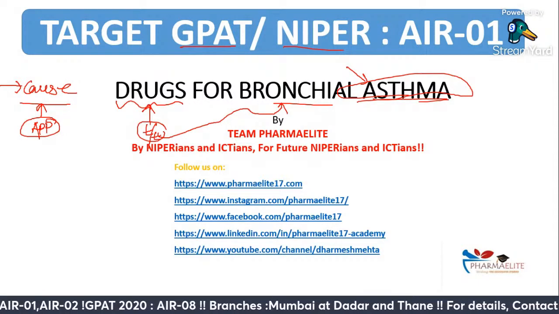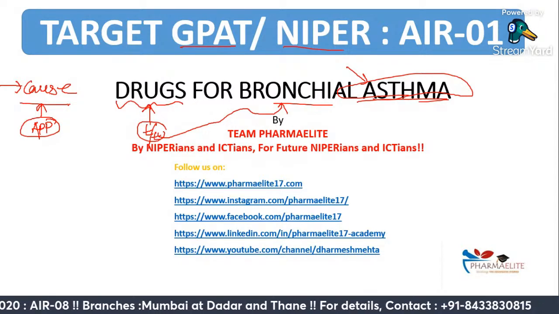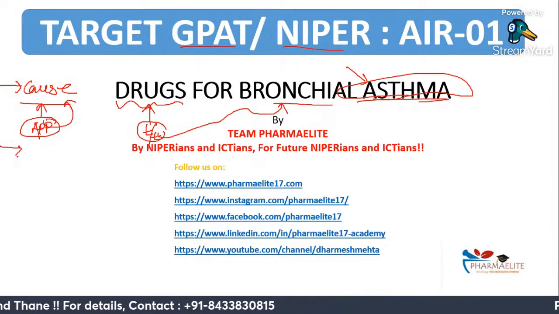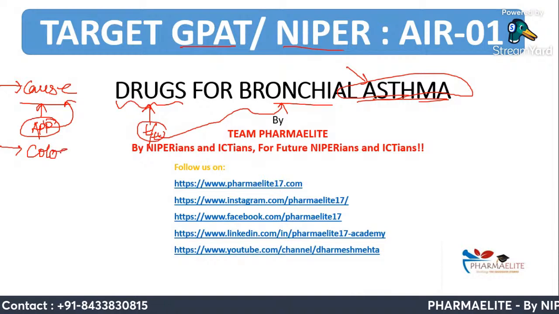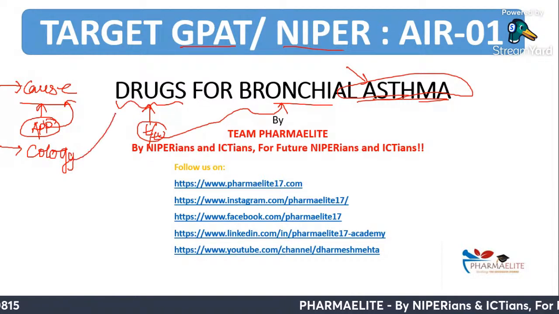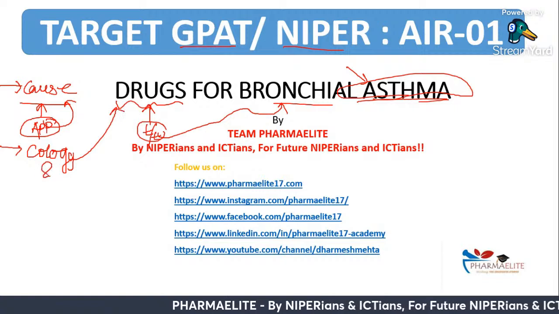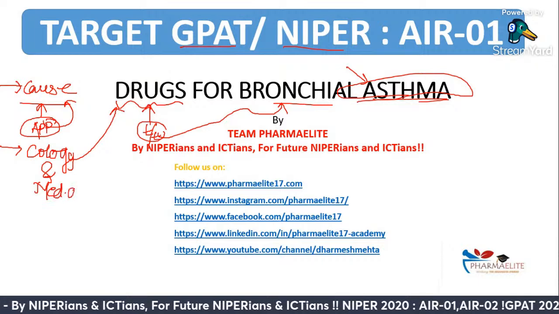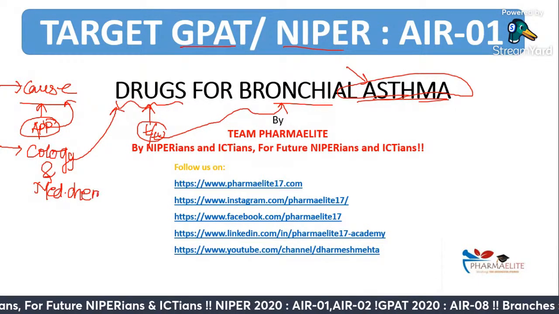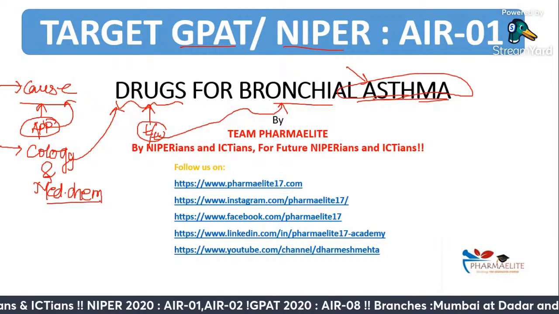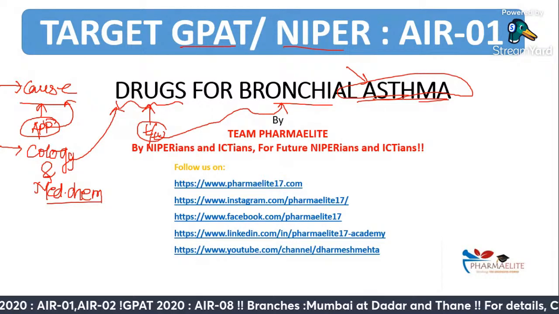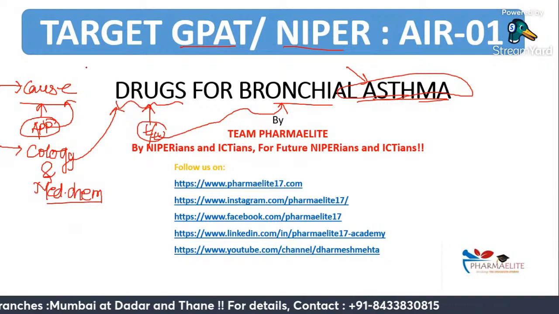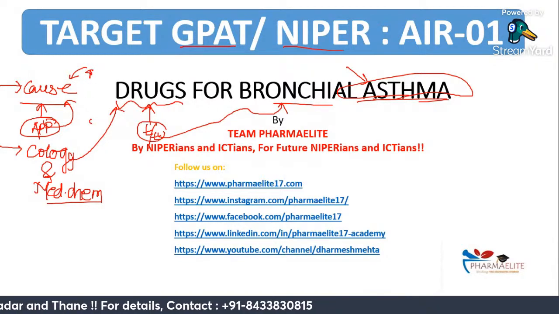So the basic logic and idea here is that we should have learned this in detail right from the base. I should first know the cause of the disease, then go into the pharmacology part, which talks about treatment of this particular disease in the form of drugs. And whatever drugs are used in treatment of asthma, the supporting part, why any specific drug is there, the structural aspect, is where we have medicinal chemistry. So together, when we get ready today for our different entrances like GPAT, NIPER, ICT, BITS, Manipal, very obviously we will go right from the base, from the cause of the disease to its treatment